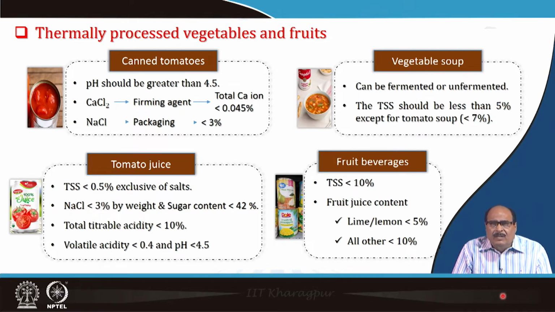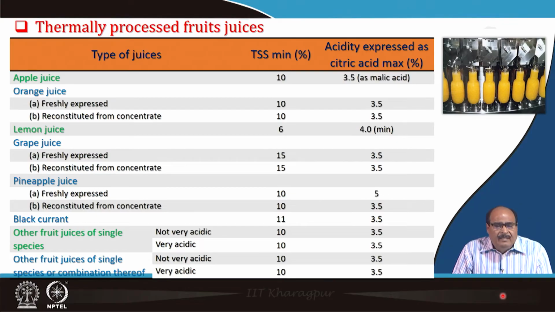Similarly, in the case of vegetable soups, they can be fermented or unfermented. The TSS should be less than 5%, except for tomato soup where it is less than 7%. In the case of fruit beverages, they should contain TSS less than 10%, and fruit juice content, in the case of lime and lemon, should be less than 5%, and for all other fruits, less than 10%. Then thermally processed fruit juices, for example orange juice, should contain